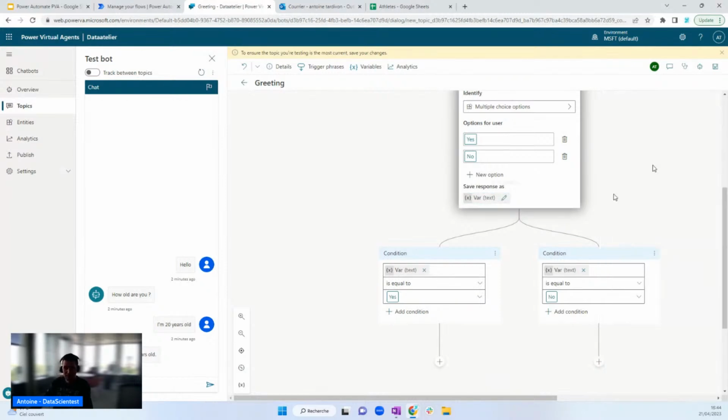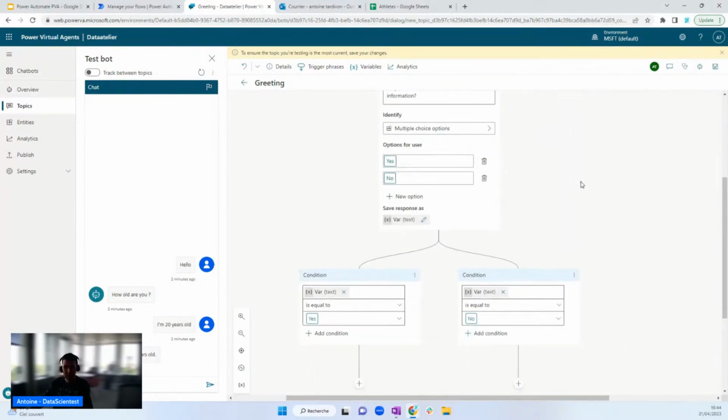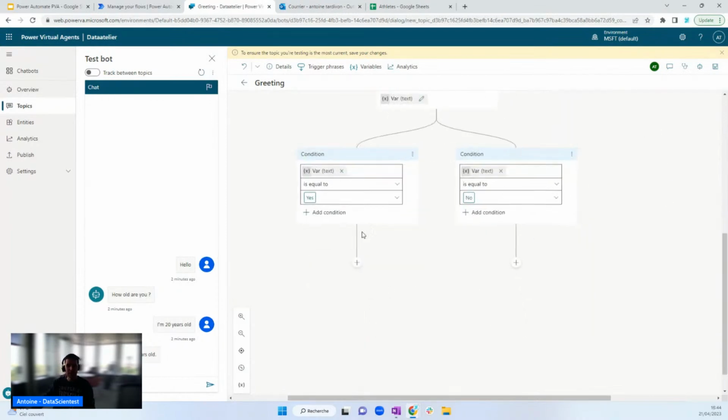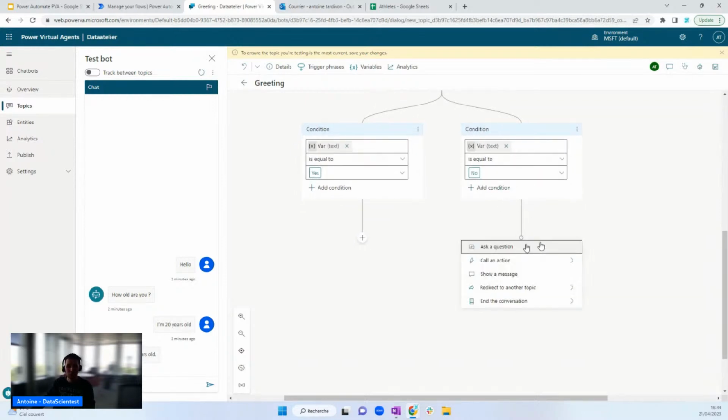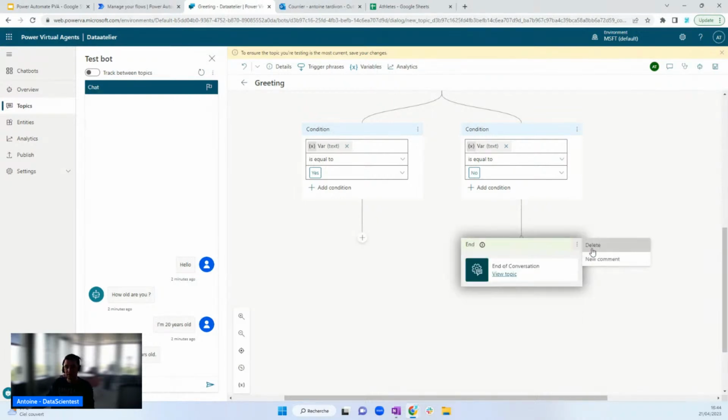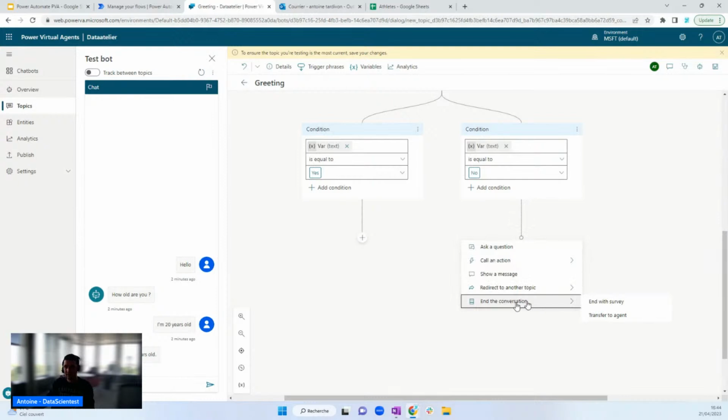I will keep var because I didn't find an option. Okay, so now I have two paths: if he answers yes, and if he answers no. If he answers no, I will put an end to the conversation because I can't help. You see how I did it here. End of conversation. I can end it by transferring to a human agent, or ending with a